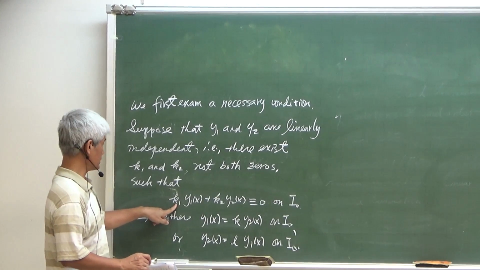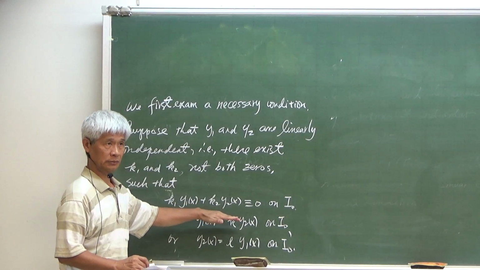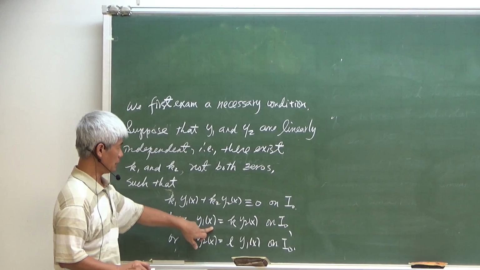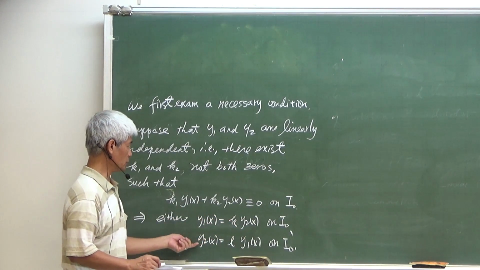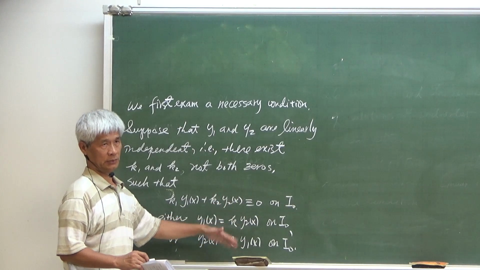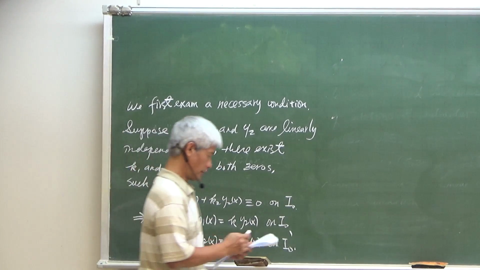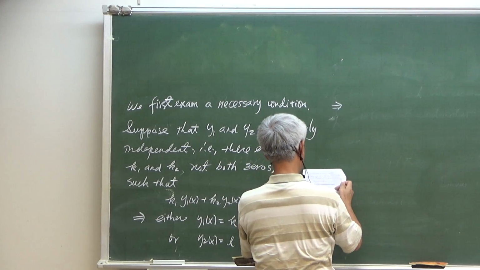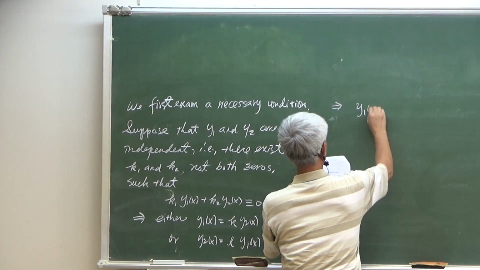If K1 is non-zero, or K2 is non-zero, you can divide by K1 or K2 on both sides. So either Y1 is a multiple of Y2, or Y2 is a multiple of Y1. So you can always have either this or this one. Right? Now, so we see that